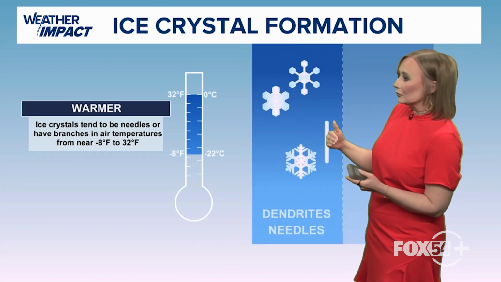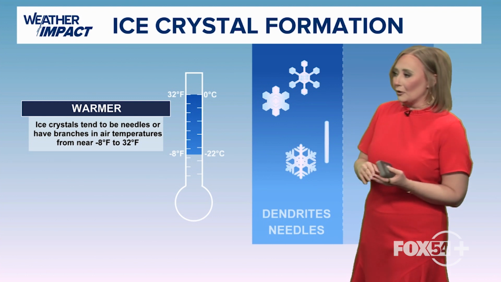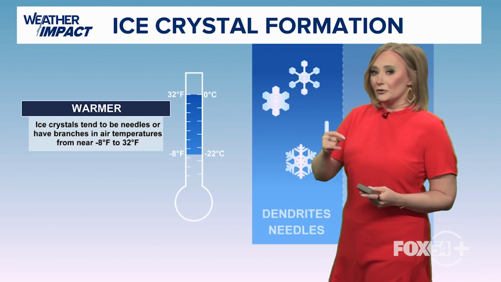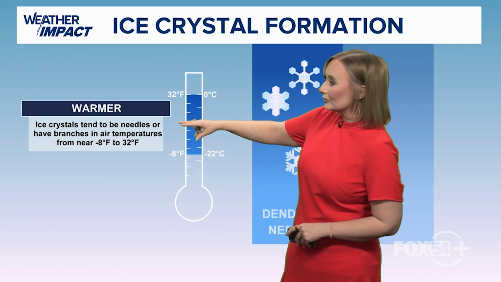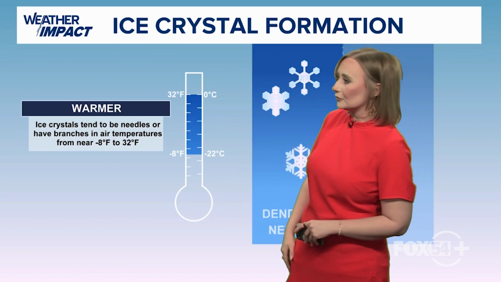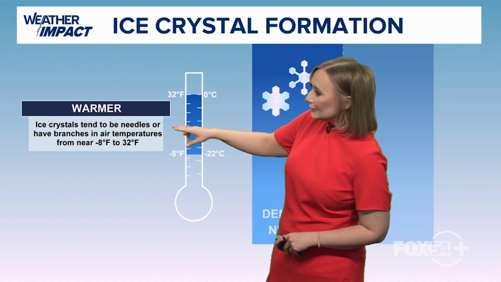Now, ice crystals tend to be a little bit warmer. It's going to depend on if we're going to be seeing a type of branch that's going to come from the ice crystal. So ice crystals tend to be needles